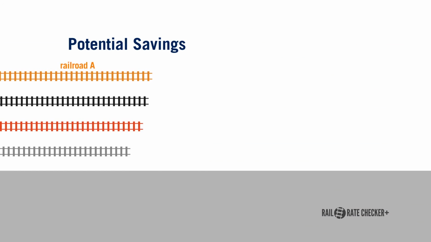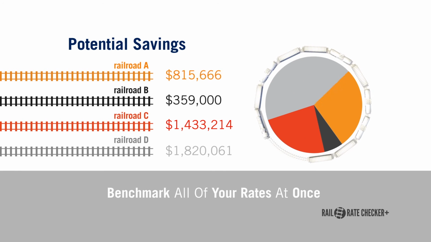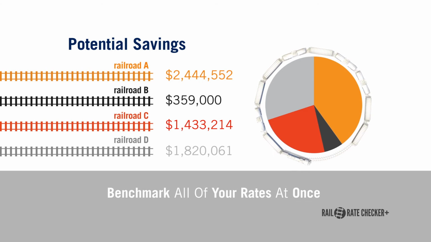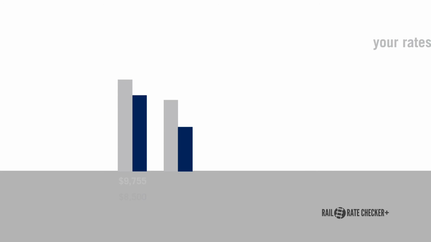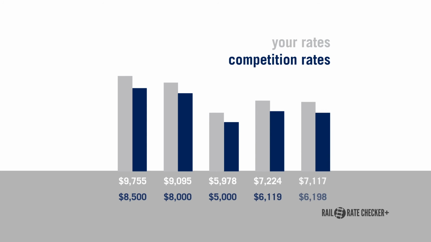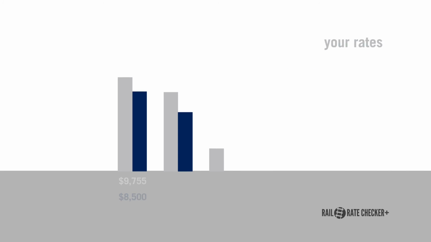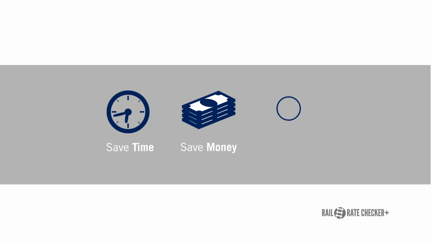Rail Rate Checker Plus guides your planning as it identifies your biggest cost reduction opportunities. By benchmarking all of your rates, Rail Rate Checker Plus gives you cost reduction goals to go after on each railroad. To support cost reduction goals, the program shows when the rates for your moves are much greater than your competitors. This allows you to address where you have a competitive disadvantage in strategic planning, so problems can be corrected in rail negotiations. Bottom line, Rail Rate Checker Plus allows shippers to save time, save money, and increase your company's